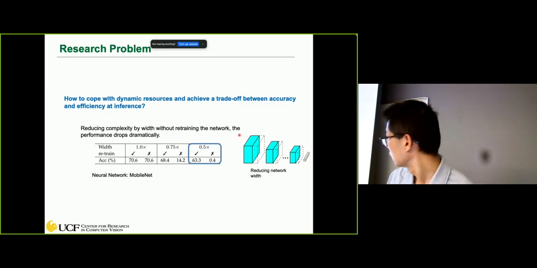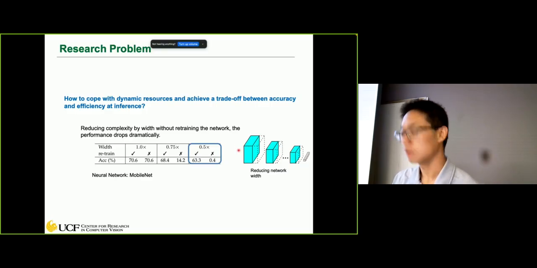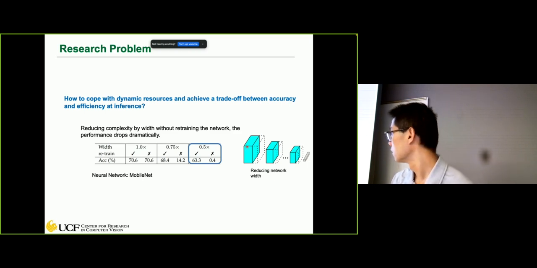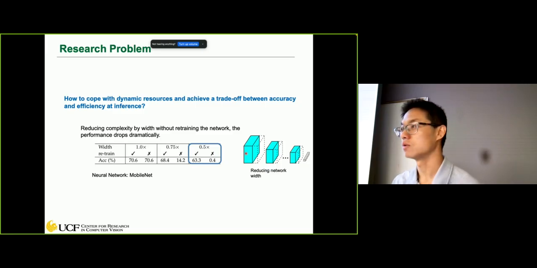This figure is just showing the idea. This is the full network, and the blue area means I only keep maybe 70 or 50%. So I get a slimmed CNN. In this case, I can reduce the computation, because I don't have as many of these channels or convolution operations. So I can reduce the floating point operations. That can save battery life, or save some of the memory consumption. But